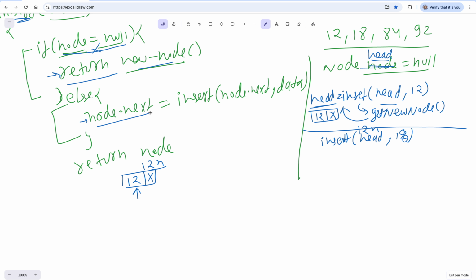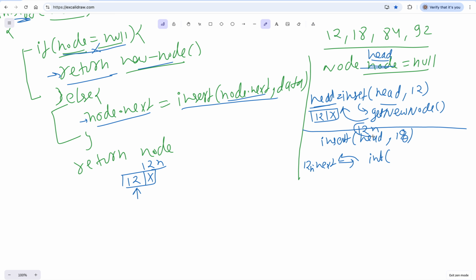So node.next: 12n.next will be set to insert, where I am passing node.next.